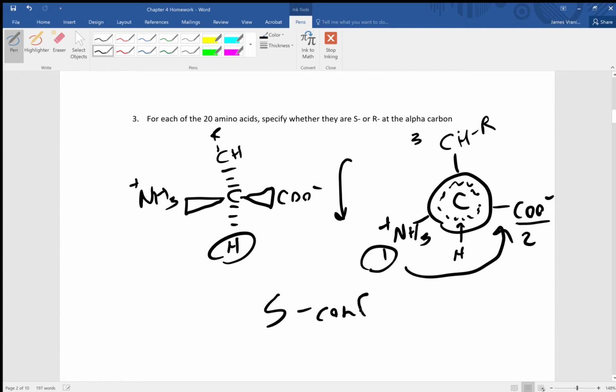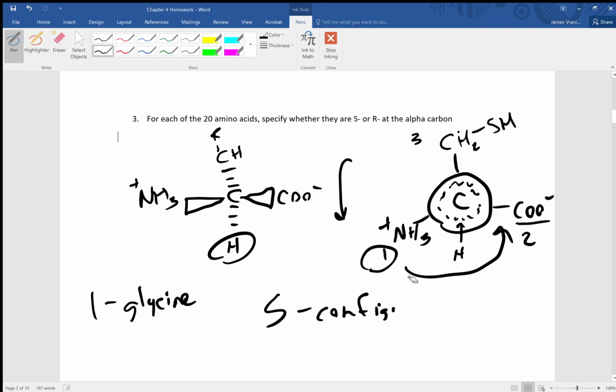Now, there's two exceptions to this. One is glycine. The alpha carbon is not chiral at all because we have two hydrogens bound to it, two identical groups. Now the other exception is going to be the amino acid